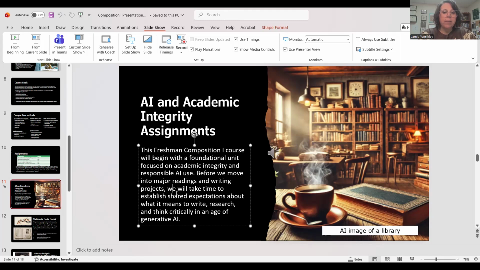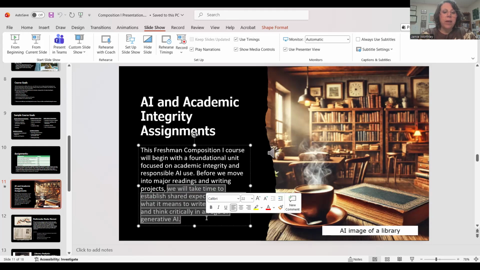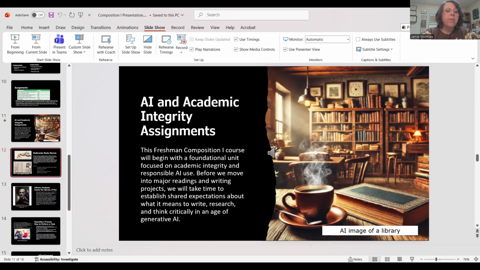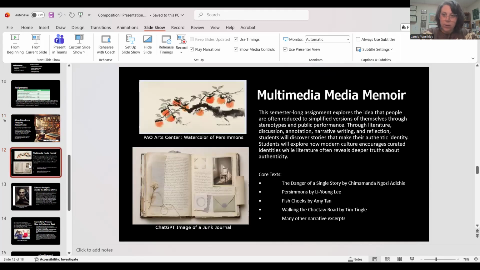This is what I'm reading right here. This is what we're doing. We will take time to establish shared expectations about what it means to write, research, and think critically in an age of generative AI. Right, so there's a few assignments around that. Then we're going to jump into our next one, and that's the